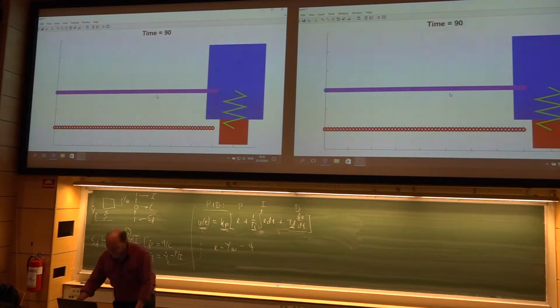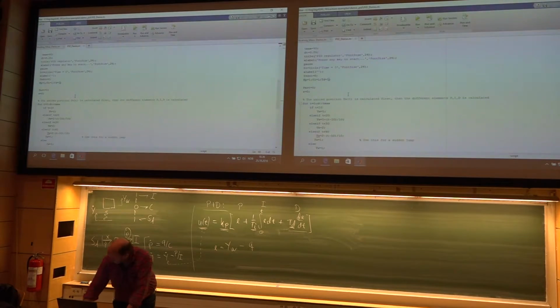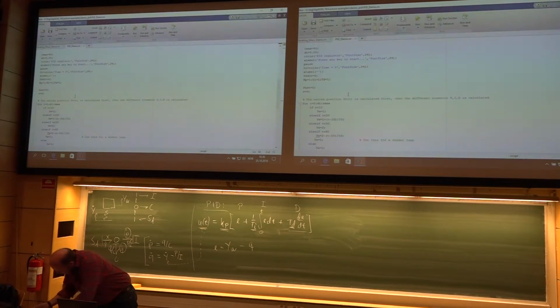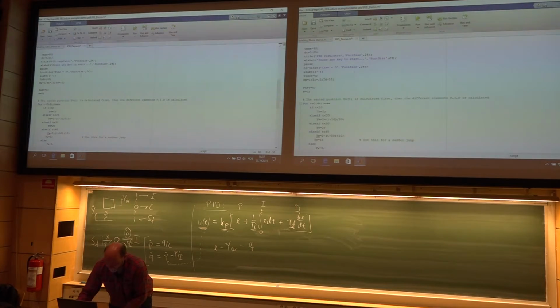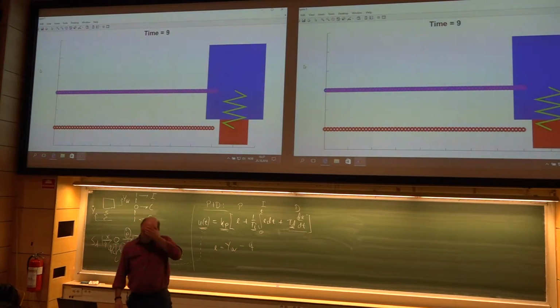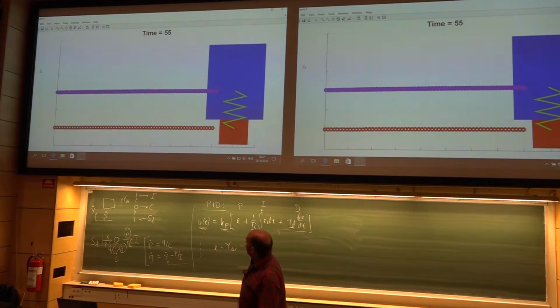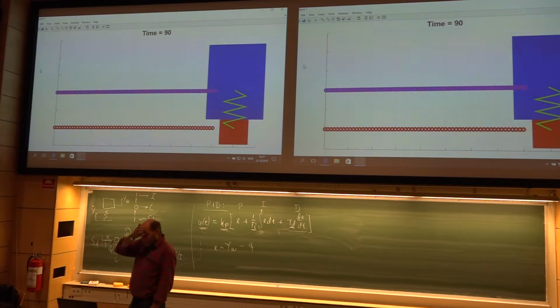To find a good set, of course, you have to play around with these numbers. If I find a good, what did I find? That's the best one. Where are they? 1.1 and 10, was it? 10 and 0.1. You actually see it follows like they were glued together almost. So yes, it is possible, but